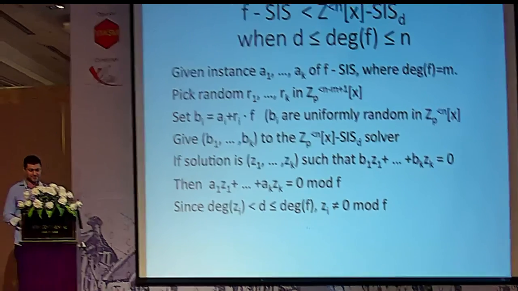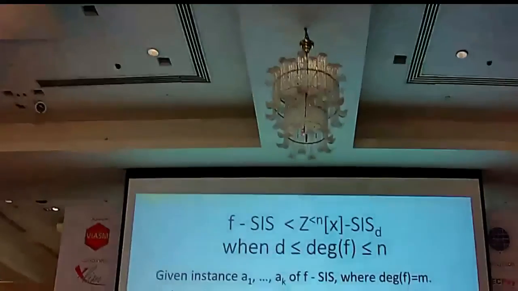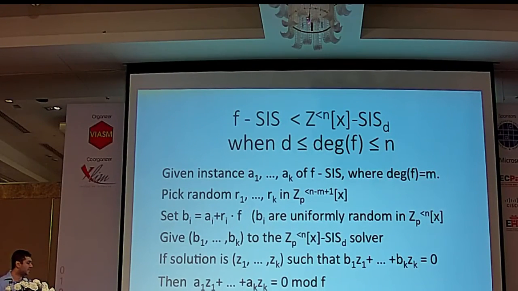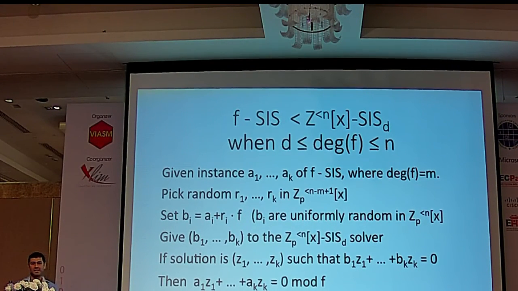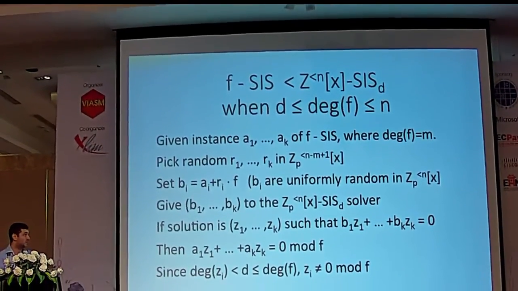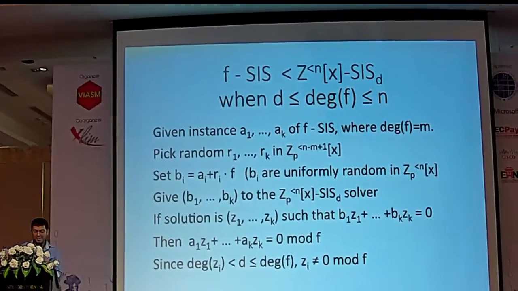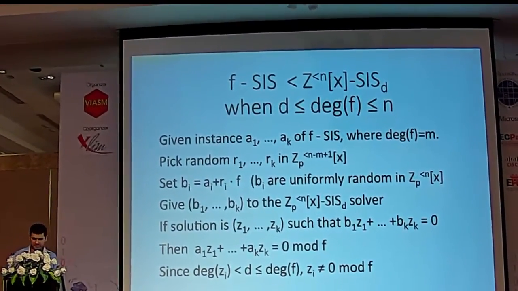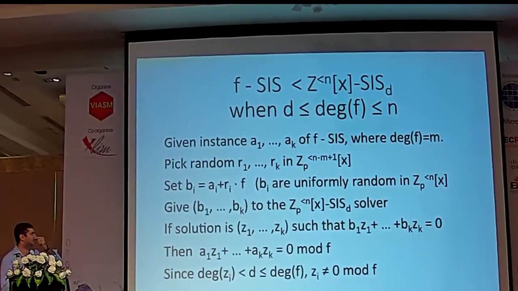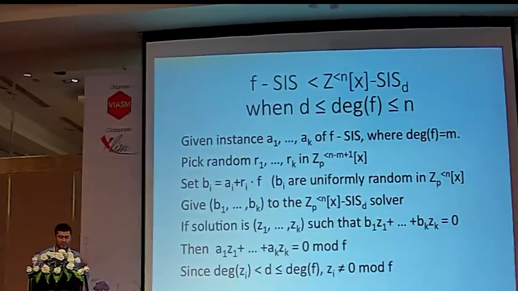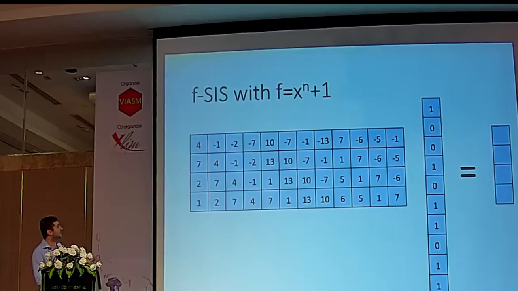Now, the reason that this works, and this is the main observation, is that the input of F-SIS, the input that we get here, has nothing to do with F. It's just a bunch of random polynomials of a particular degree. So it only cares about the degree of F, so it's actually not important. So just to see in pictures what this function is, this comparison between the old F-SIS function and the new one, here is F-SIS, right?